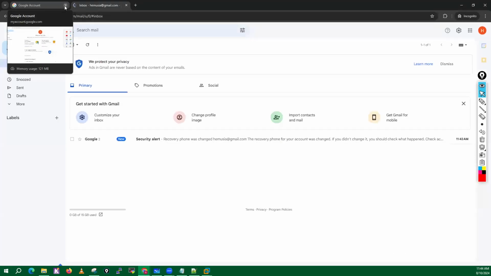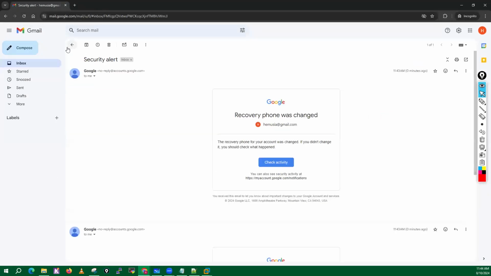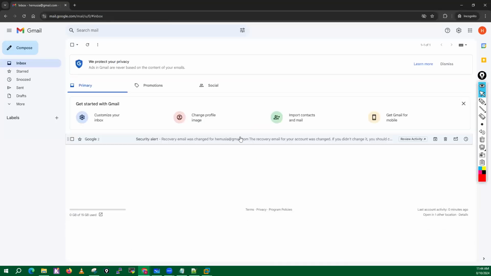Click on Gmail. Now you can see your Gmail account is created, right? Okay. So once your new Gmail account is created, now you can go here and you can type